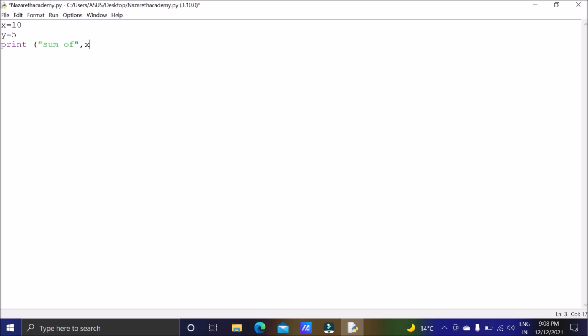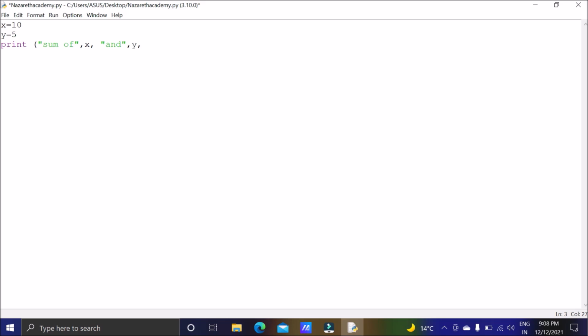The number has the value 10 and 10 is saved in x, so I will write x. After that I want to show one more message in double quotes, and then I want to show y. You have to give a comma if you want to go for a variable.